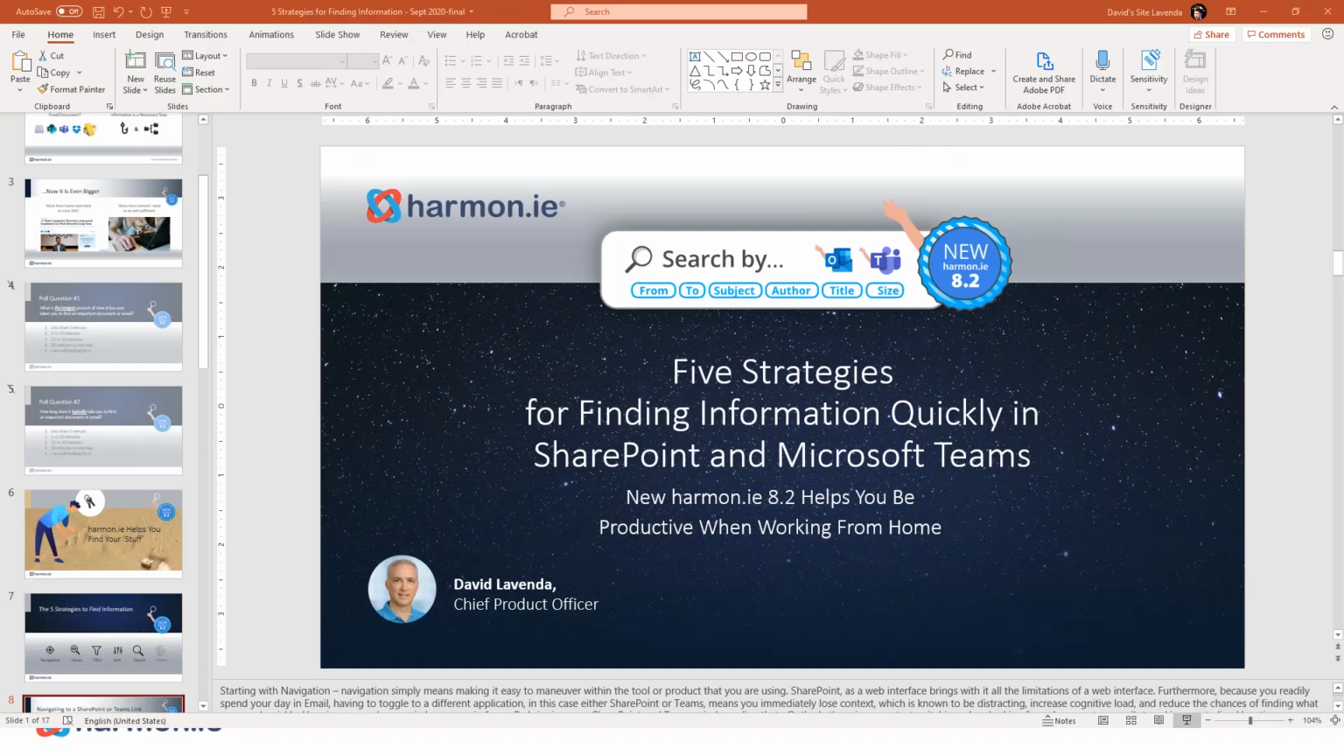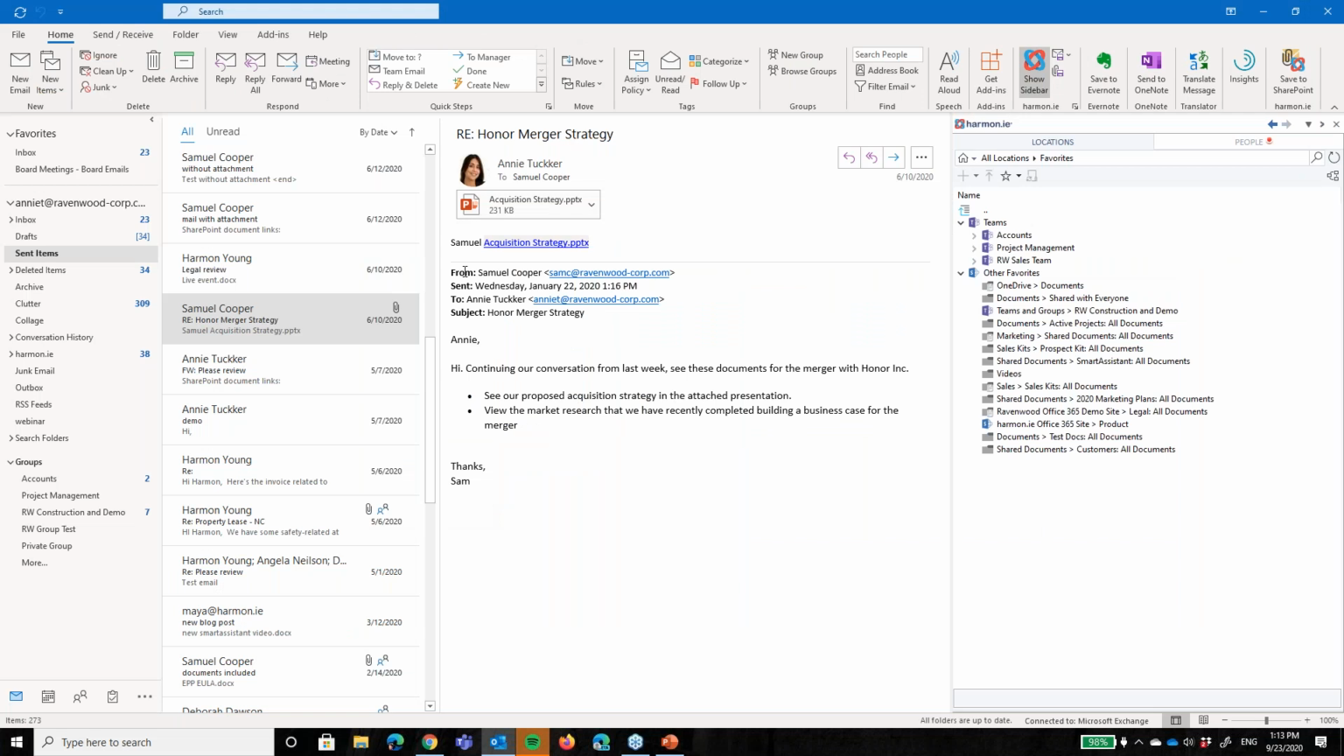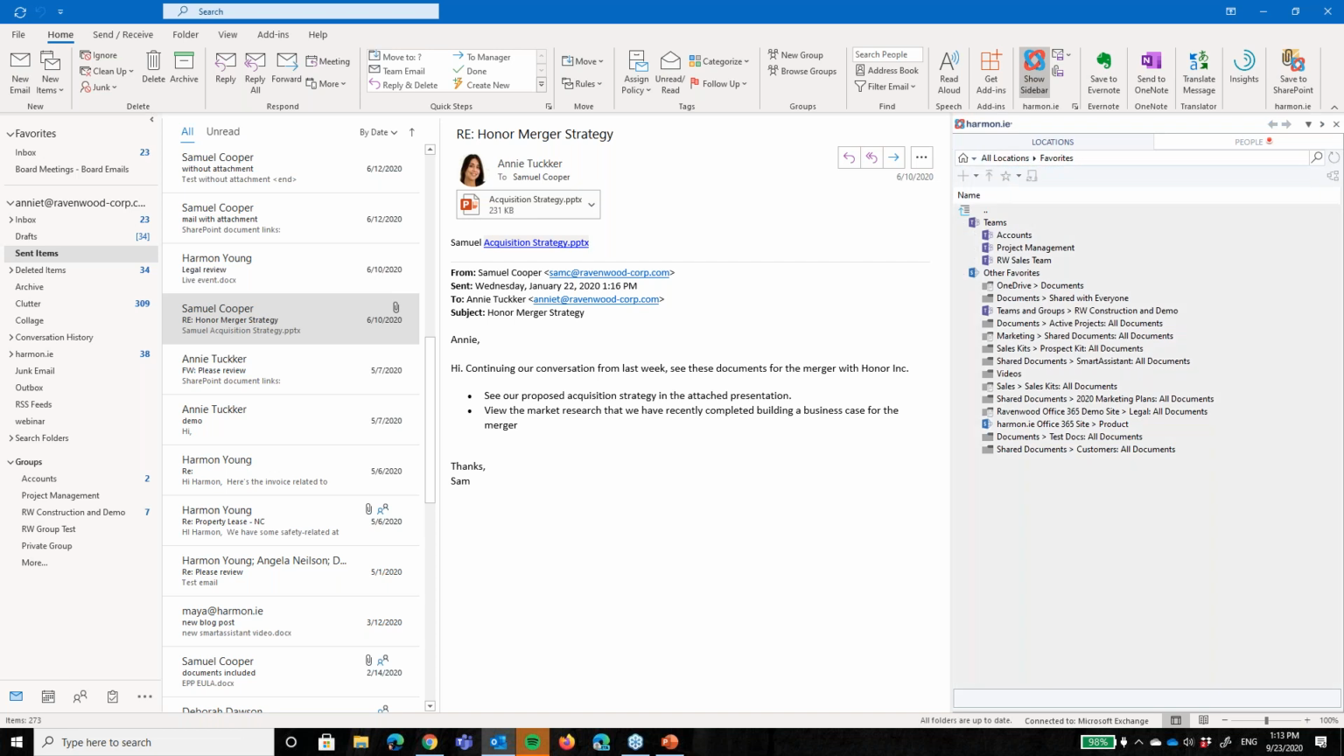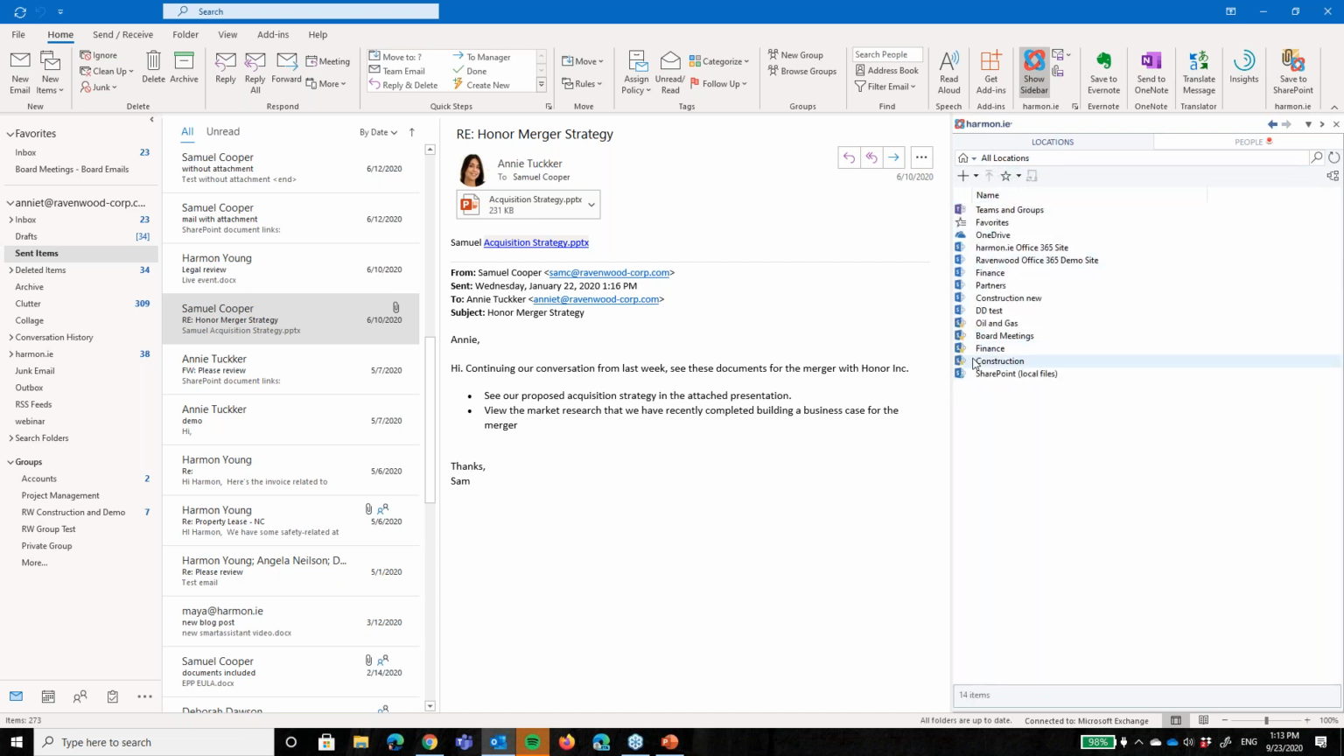So what I'm going to do is I'm going to switch over to my email, and you will see this on the screen. This is my Outlook window. It should be familiar to all of you. And on the right side of the screen, you'll see the Harmony window. So this is the Harmony window, which gives you a view into your SharePoint and Teams environments. I can just show you here that you have the ability to look at all your locations, which everything that you personally as an individual have access to, logged into, and you can navigate this easily just by clicking through